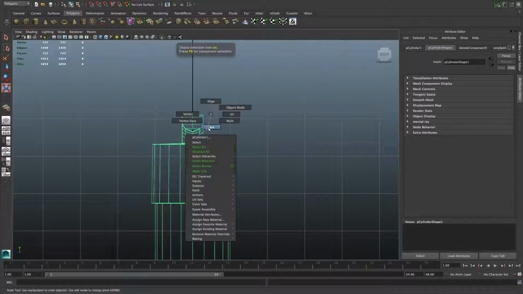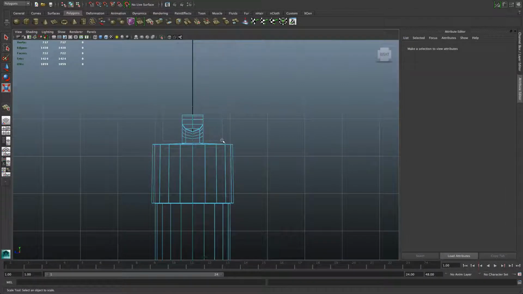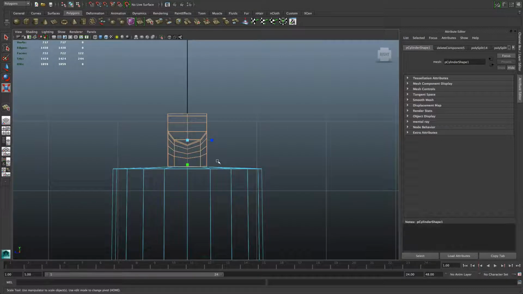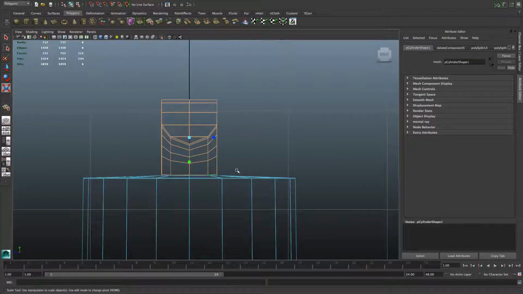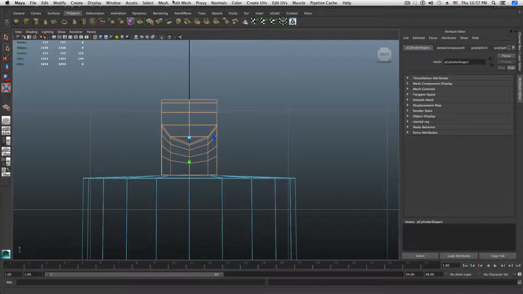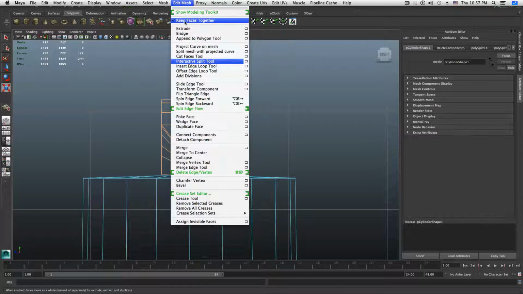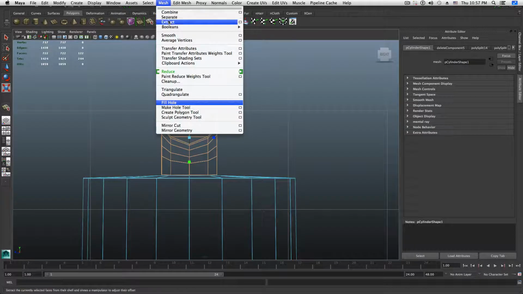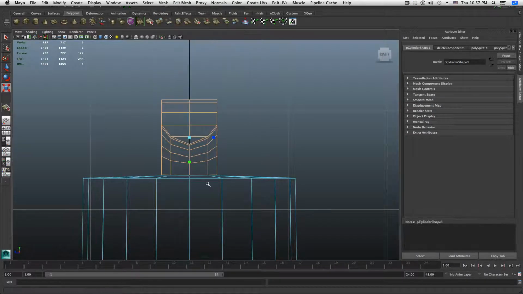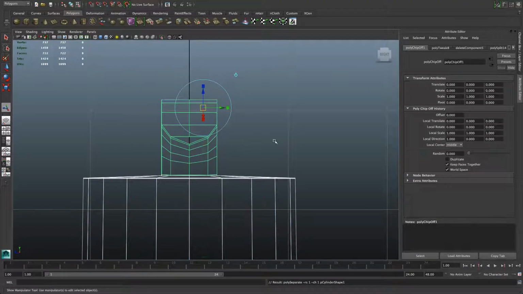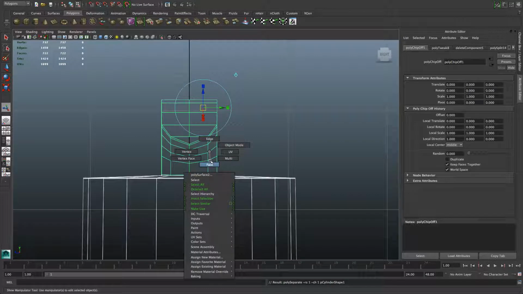Right click, choose faces, and grab all the faces at this part. Okay, go over the edit mesh menu, make sure that keep faces together is assigned with a V sign here, mesh, and then extract. So we extracted this part from the lower part, and now we want to right click, choose faces,